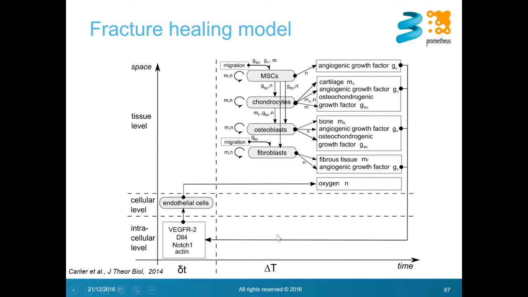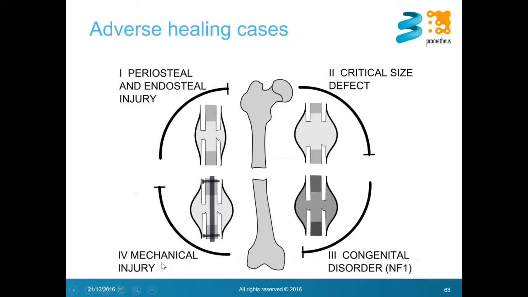Here's a representation in terms of time and space. You see that this is a multiscale model where we have the tissue level part on the one hand, and then the discrete representation of the blood vessels on the other hand. Now we applied this model, this fracture healing model, in its different variants that we have to different problems related